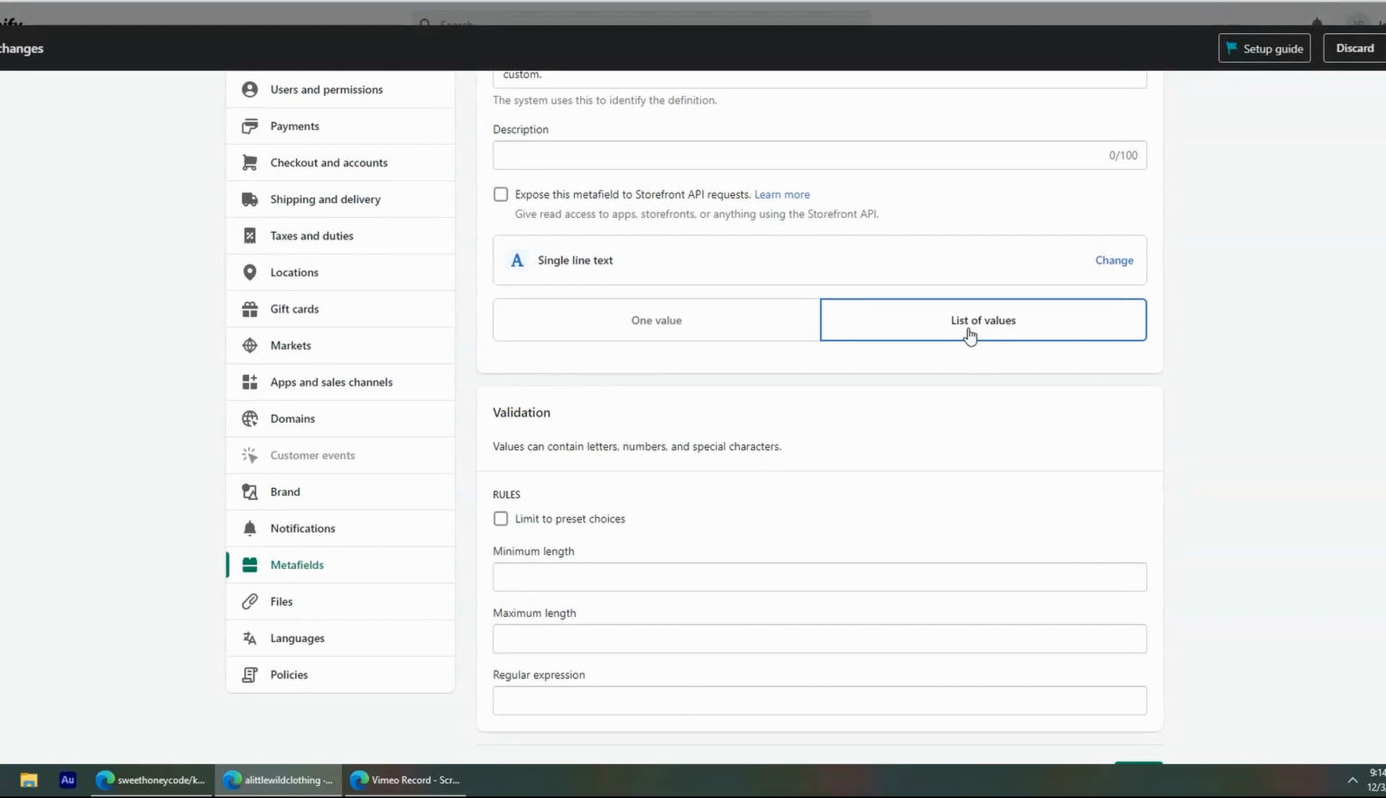So a list of values means that I can actually make this into a list type of item that I can work with through my Shopify store. So if I need to make a list, I could definitely do that. Now, having said that,